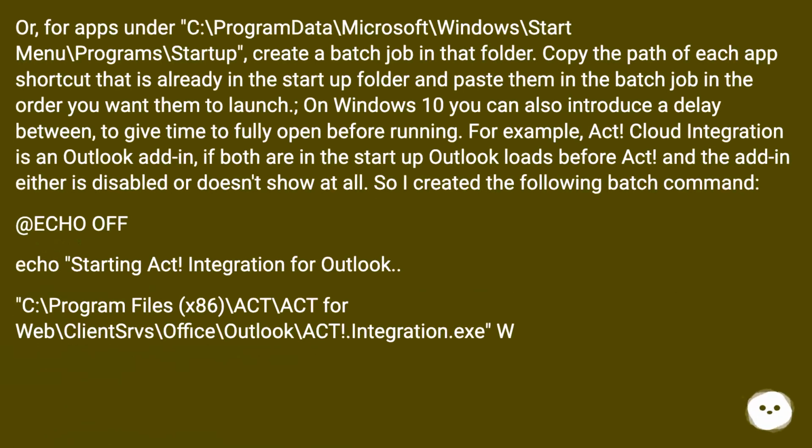Or for apps under C:\ProgramData\Microsoft\Windows\Start Menu\Programs\Startup,